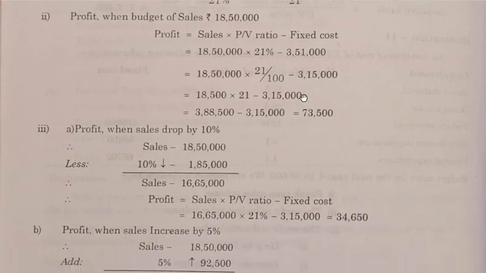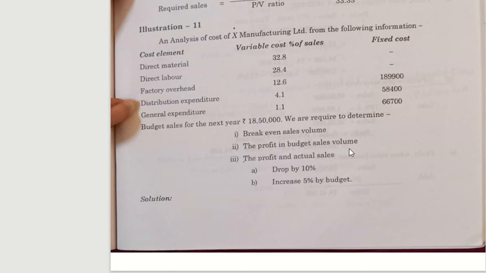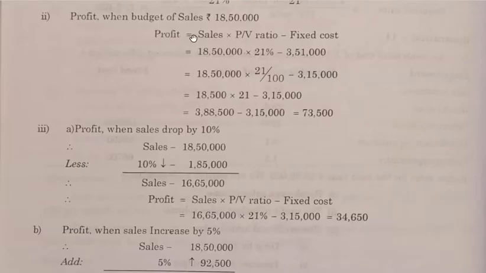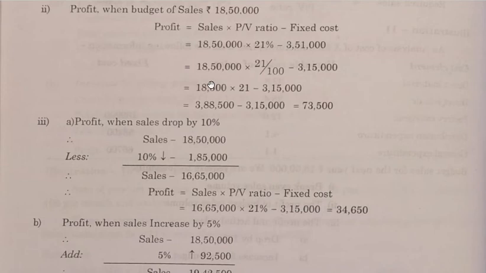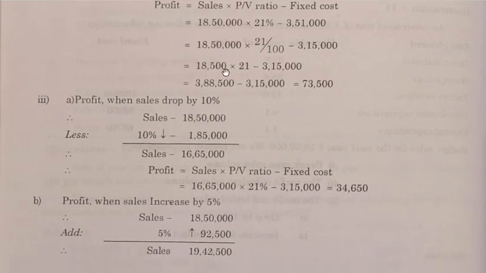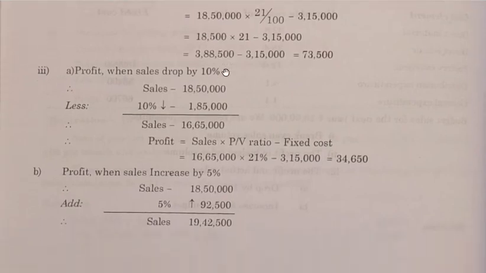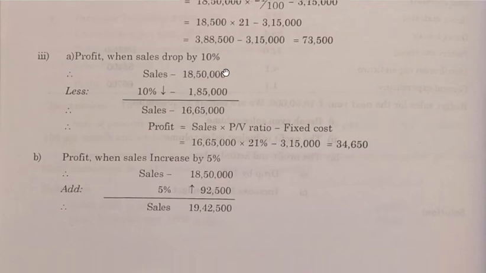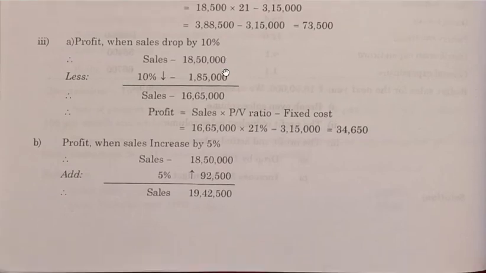So profit when budget of sales is 18,50,000, that's what they are asking. So the profit in budget sales, to be 18,50,000. So profit is equal to sales into PV ratio minus fixed cost. Sales we have 18,50,000 into 21% minus 3,15,000. So 18,50,000 into 21 divided by 100, minus 3,15,000. So 100 gets cancelled: 18,500 into 21 minus 3,15,000, which is equal to 3,88,500 minus 3,15,000, which is equal to